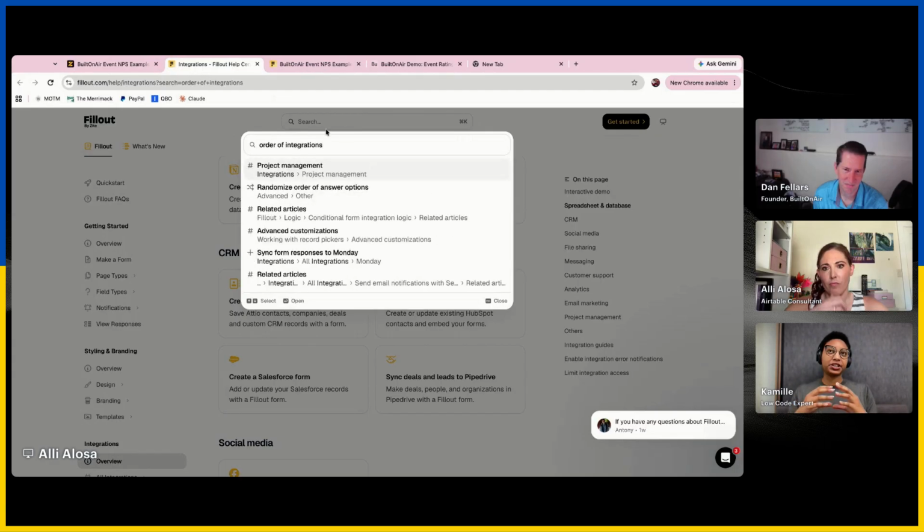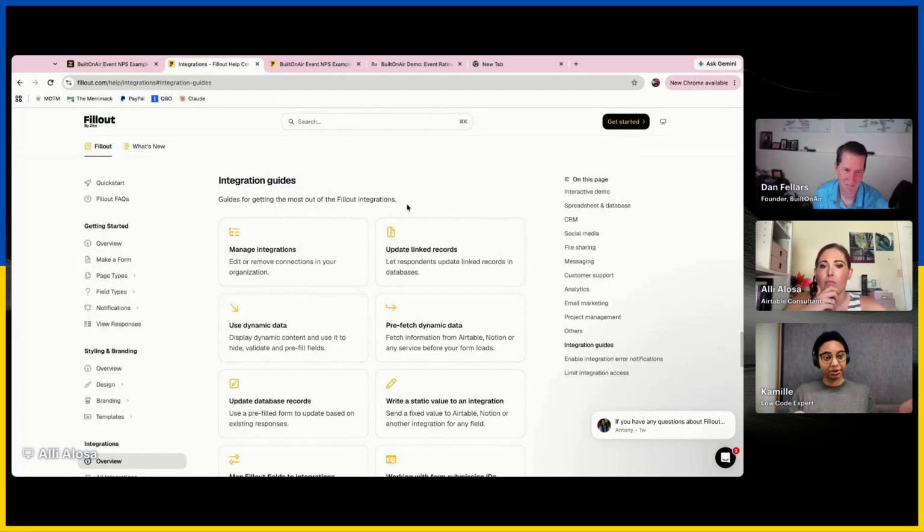But if it doesn't create the record at all, it only sends the webhook of what someone submitted. You can make the automation create the submission and then create. So you can force it to be sequential if Fillout is not inherently sequential in that way. 100%. And what it also,